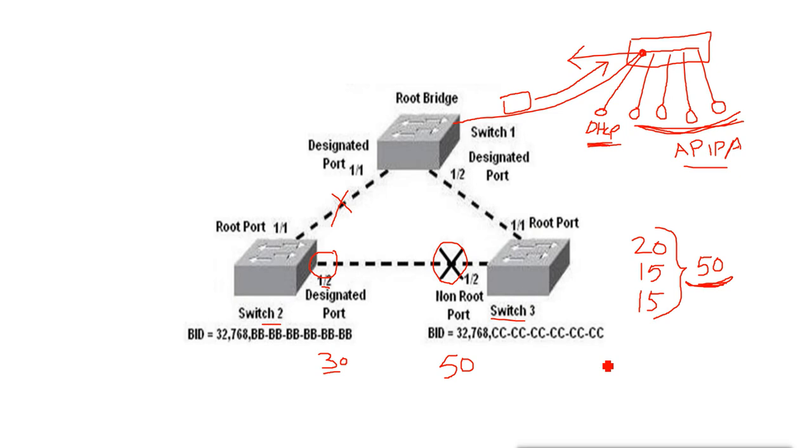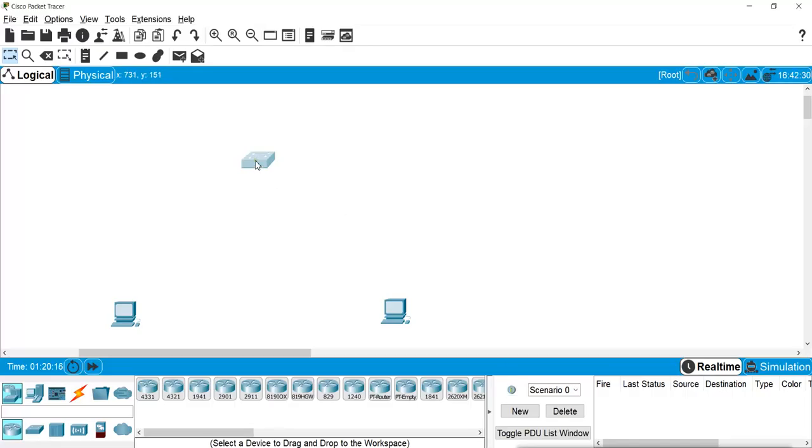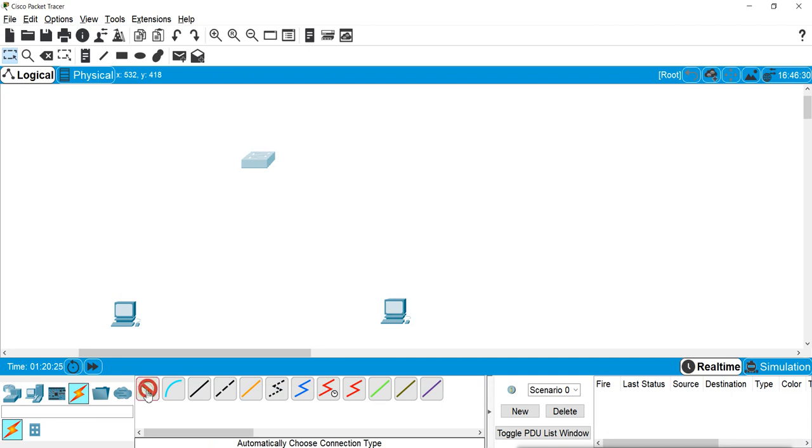Now I will show you how it works. You see I have one switch here and two machines. Now see what happens when I connect the ports. I will go here and connect one machine, and then I am connecting the other machine. Now you see what is happening here. On the PC side it is active, but on the switch side it is not active. It is going through all these port states: blocking, listening, learning, and then it will go to forwarding. So we have to wait for 50 seconds to get these ports enabled.